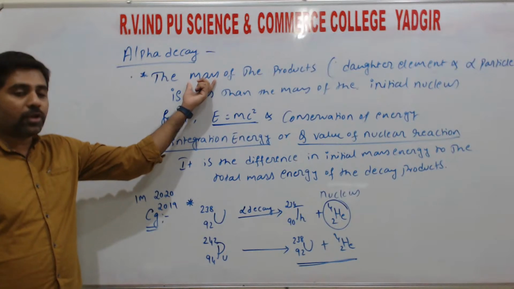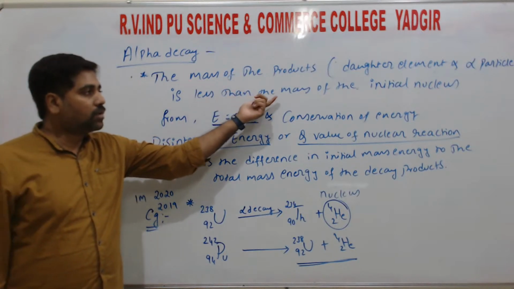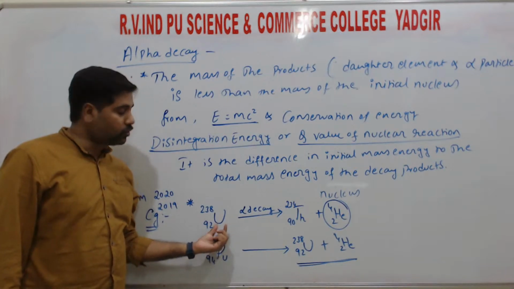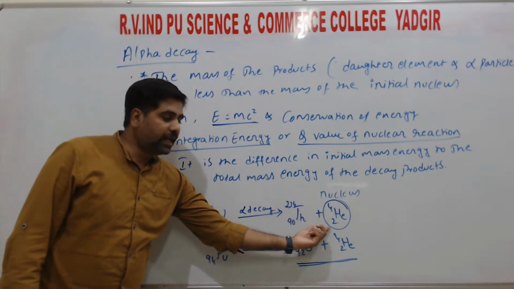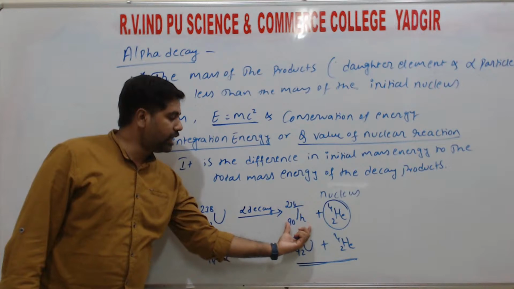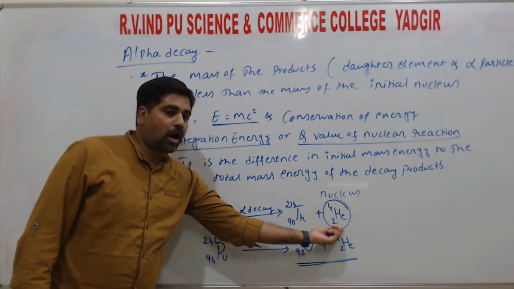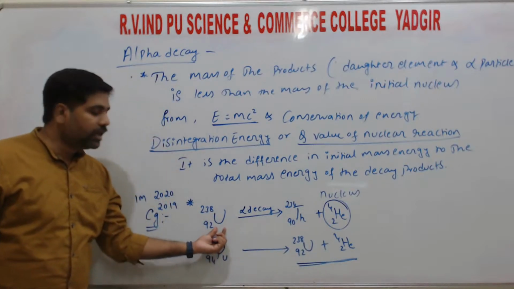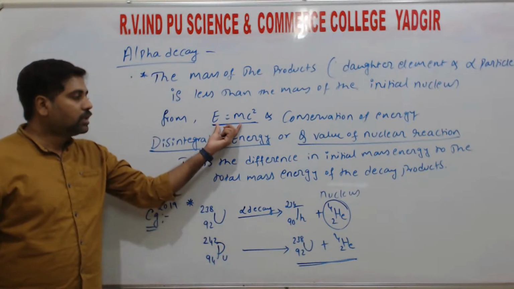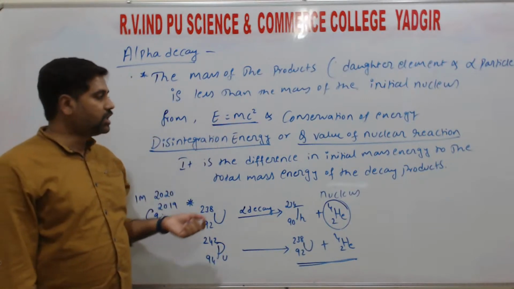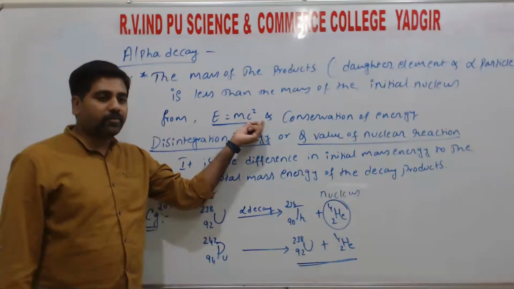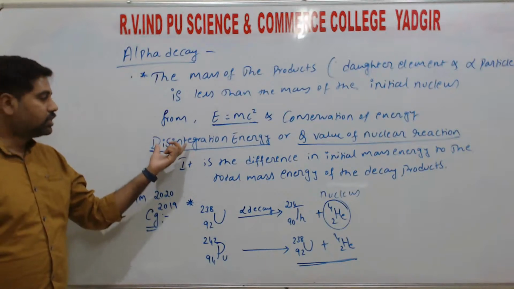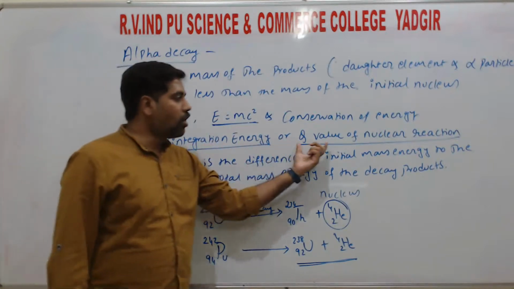That means the mass of the products is less than the mass of the initial nucleus, right? Here we have the uranium nucleus, so this mass is greater than the decay products. Decay products are nothing but the daughter element along with the alpha particle, right? So combined, these masses are less than the initial mass. So from Einstein's mass energy relation, E is equal to mc square, we are going to define the relation, that is, disintegration energy or Q value of